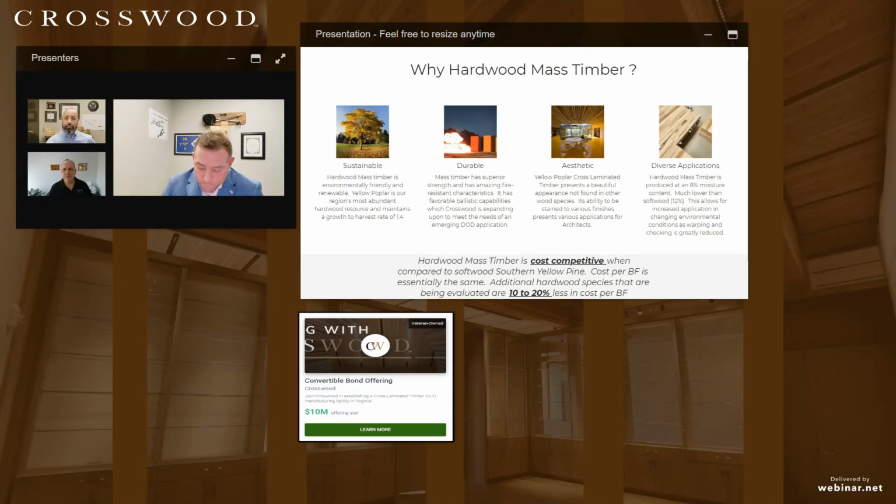Some of these things to point out, a little bit of background. In the lower left corner of your webinar console, there are some resources that we've made directly available to you. Three of them are outlinks to our crosswood.build website, where we have some news articles on our product development and a little bit about a recent Department of Defense policy where we summarize that.